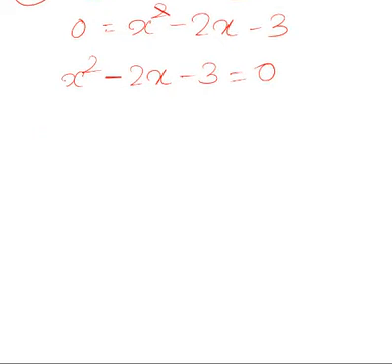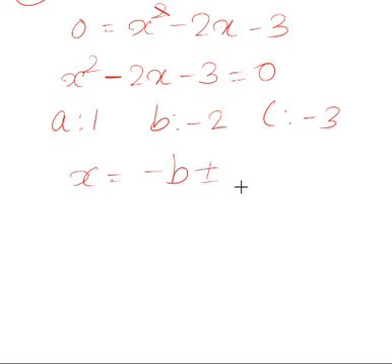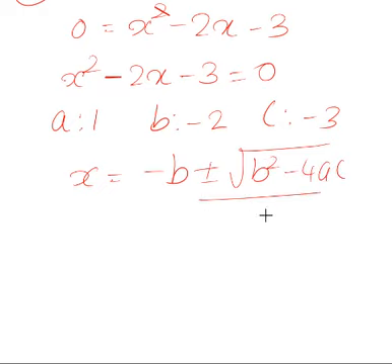Now we can apply the quadratic formula. So the next thing is to identify what a, b and c are. Here a is 1, b is negative 2 and c is negative 3. Then the quadratic formula is x is equal to negative b plus or minus root b square minus 4ac over